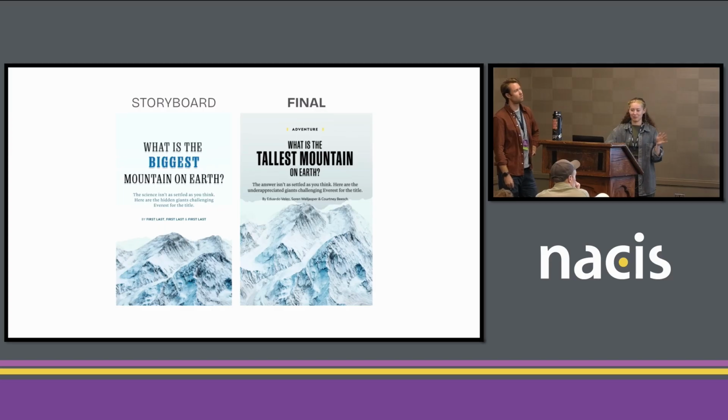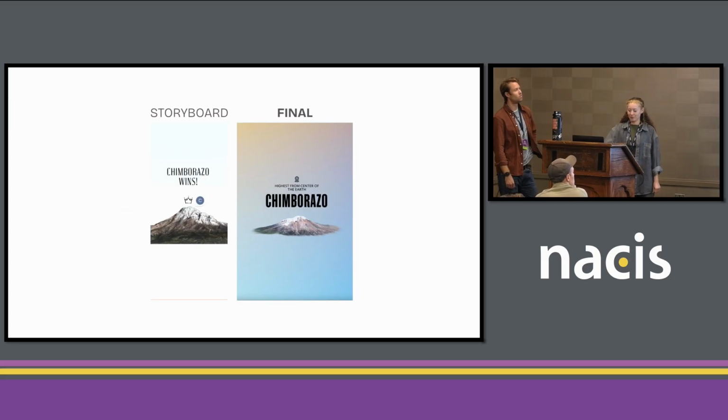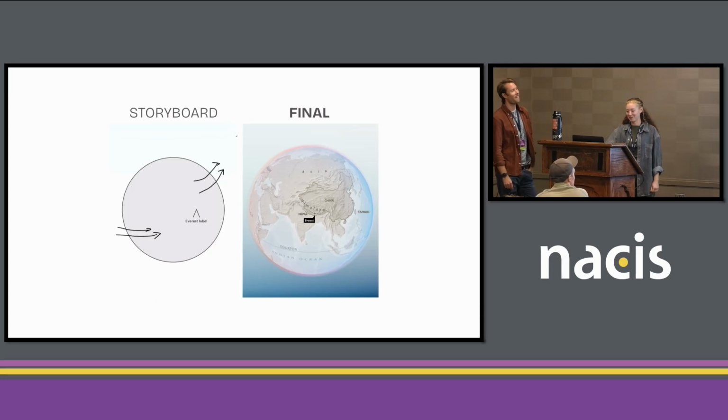And this is just a few examples of what the storyboard looked like in the final product. Towards the end, we did have a strong vision of what we wanted it to look like. So we have storyboard to the final. There are awards for all of them. They do actually win something, but they're just winning their measurement. There's no head-to-head competition. We have a globe that moves around to each mountain that you go to. It spins around and takes you to the next one, so you get the sense of traveling the globe throughout, and a strong sense of place.